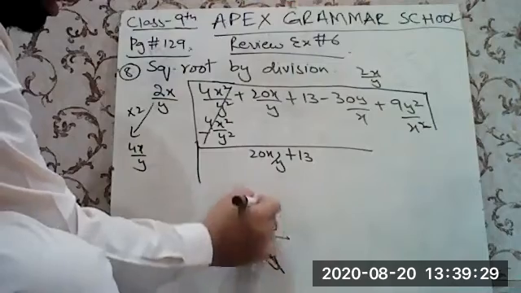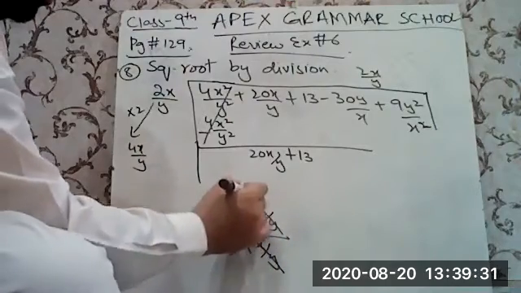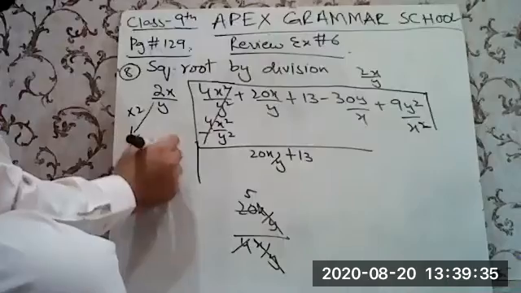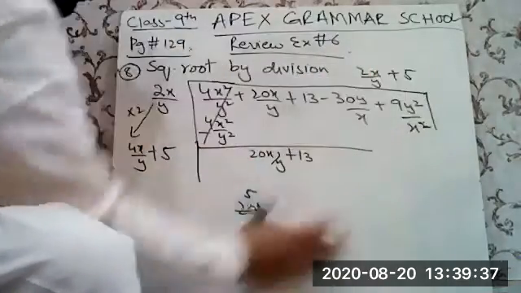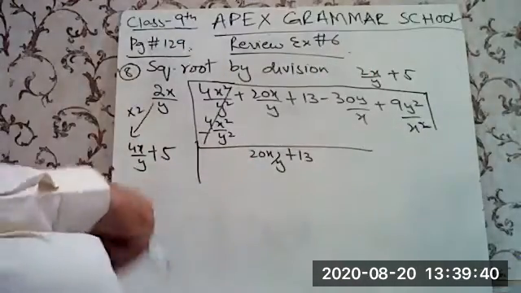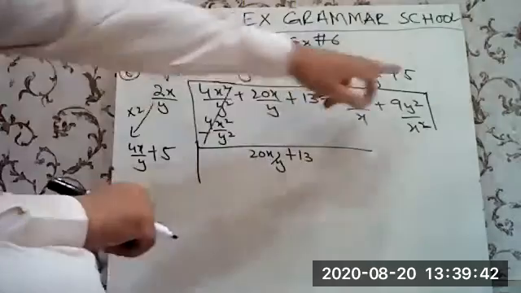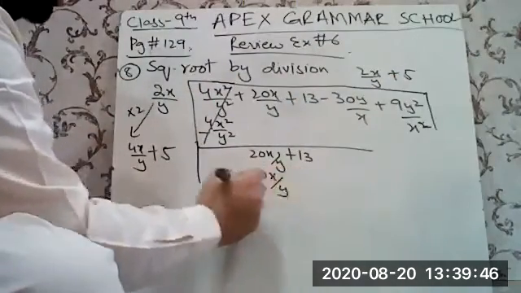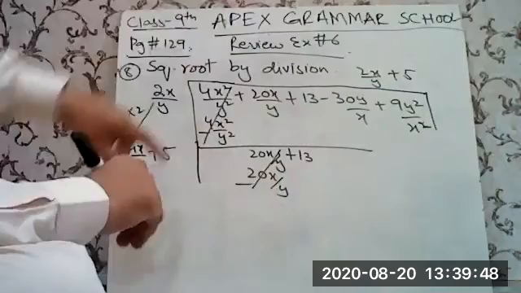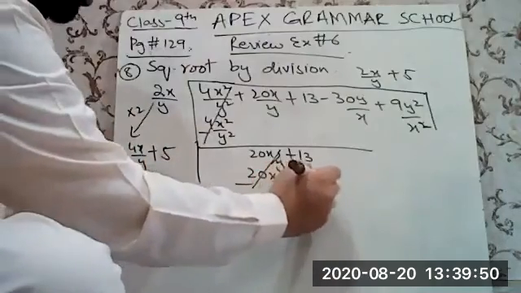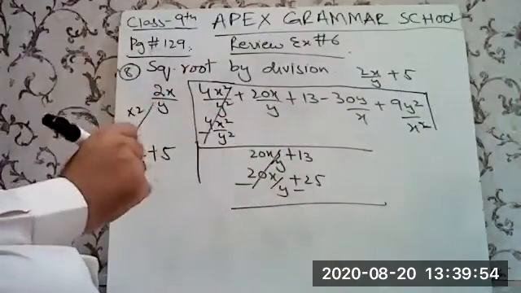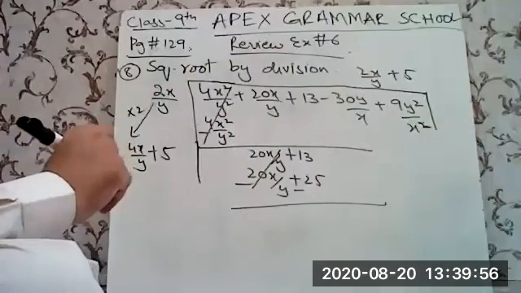This x over y cancels this x over y, for 1 the 4, for 5 the 20. So plus 5 will be the number that you need to apply here and here. Now 5 times 4x over y is 20x over y, negative sign cancel, 5 times 5 is 25, negative sign. So 13 minus 25 makes minus 12,